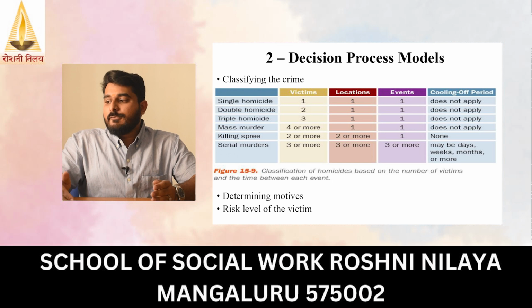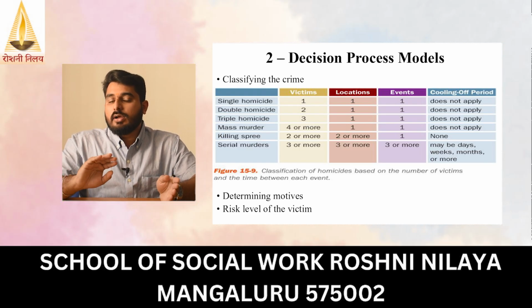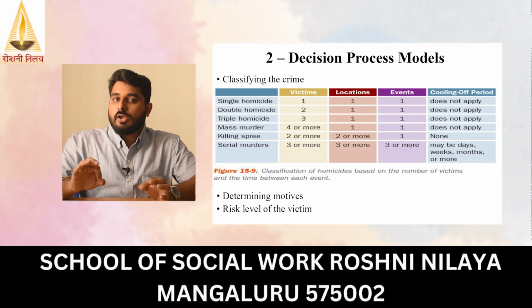If 4 or more victims are killed in a single location with a single event, then it is called mass murder. Then if 2 or more locations are there and 2 or more victims are there, then it is called a killing spree. When we call a series of murders serial murders, that means the victims are 3 or more,